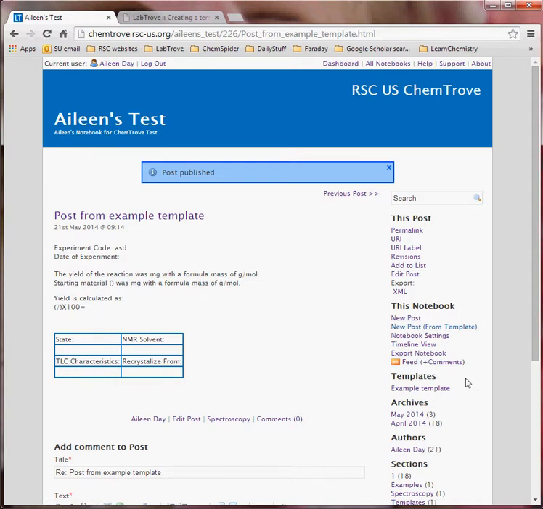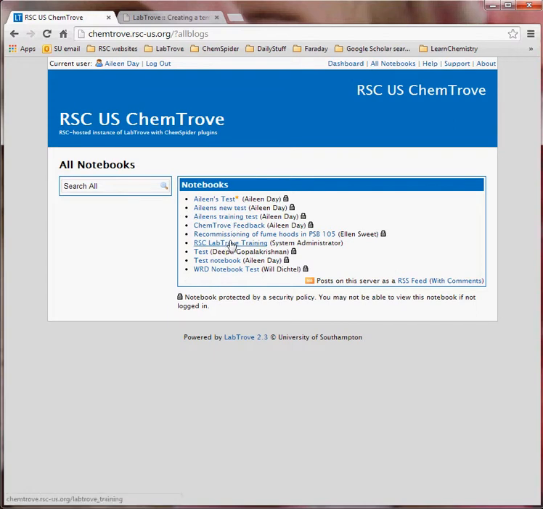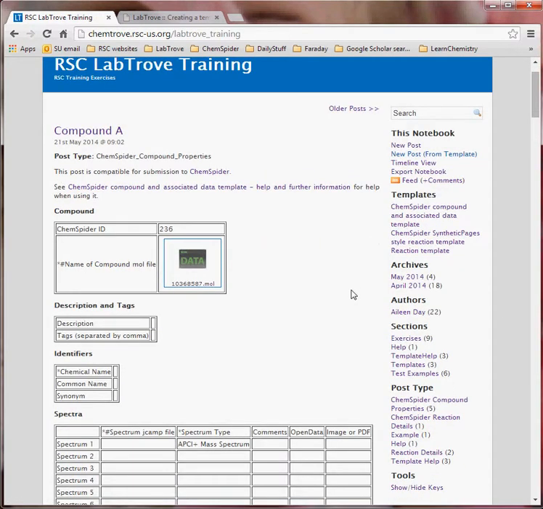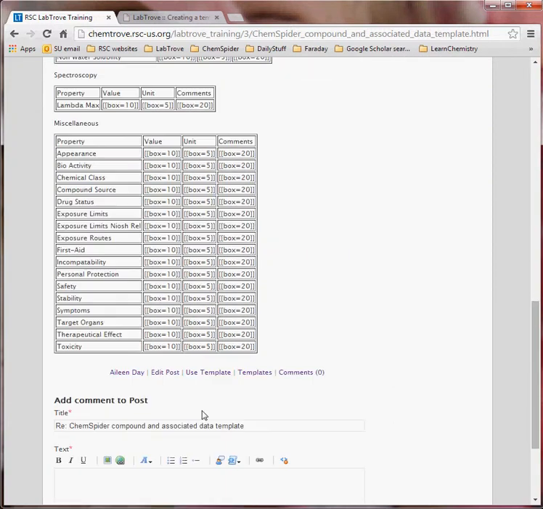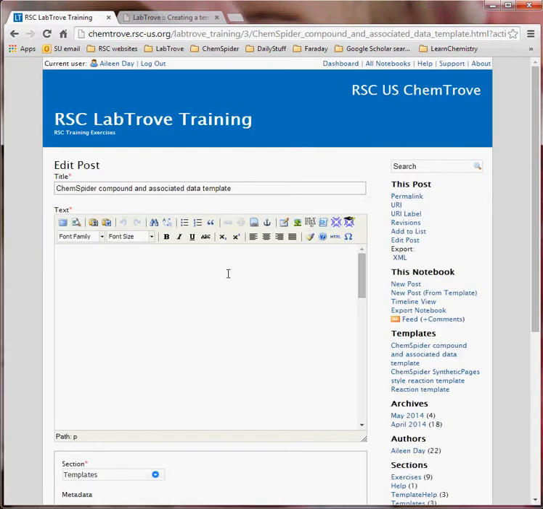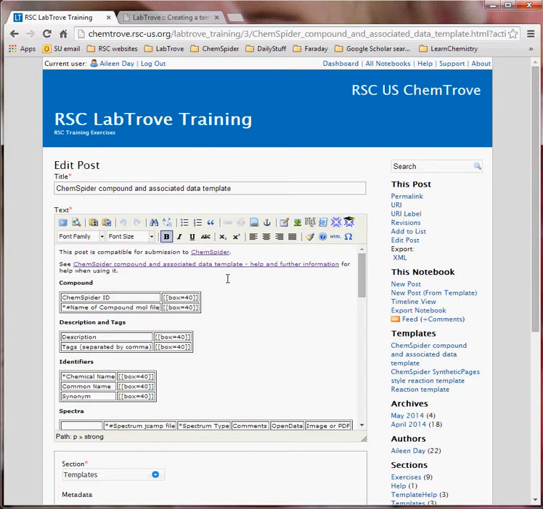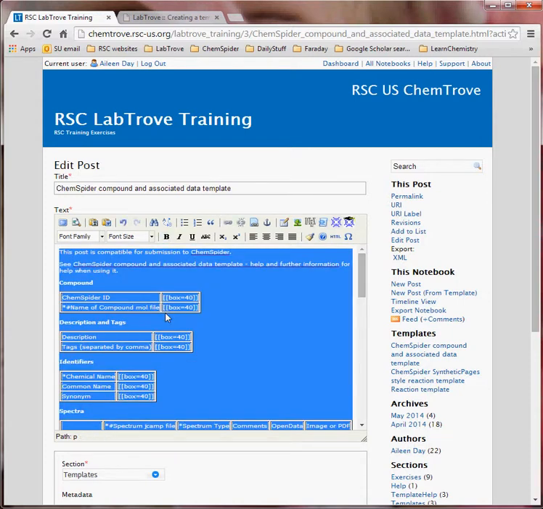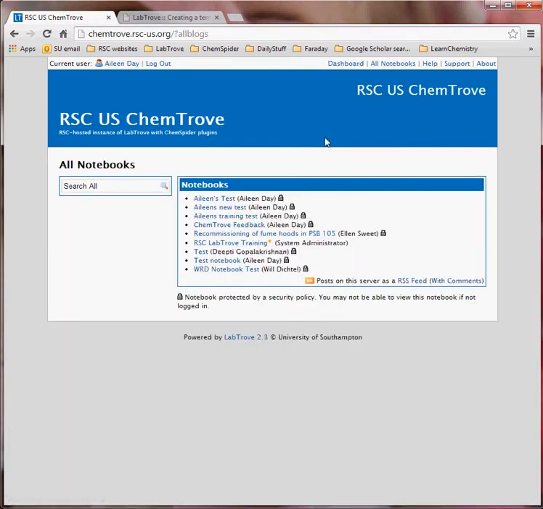If you want to use the ChemSpider templates, then those have been set up in the RSC LabTrove training notebook. So the easiest way to set them up in your own notebook would be to click on the template to view it, click on Edit Post, select everything within that box, so Control A or just select it manually, and then Control C to copy it, and then go back to the notebook that you want to copy it into,